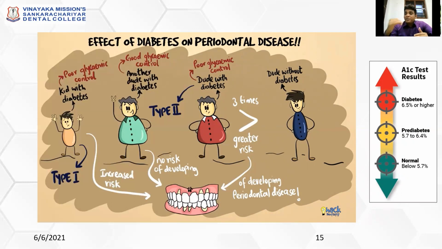If the value is below 5.7, then it is normal. If the value is 5.7 to 6.4, then you are borderline; you may be prone to get diabetes. And if your glycemic control is 6.5 or higher, it is not in a good state; diabetes is confirmed. So the glycemic control should be checked for the patient, and if there is poor glycemic control, don't go for periodontal management unless the glycemic control comes under control.